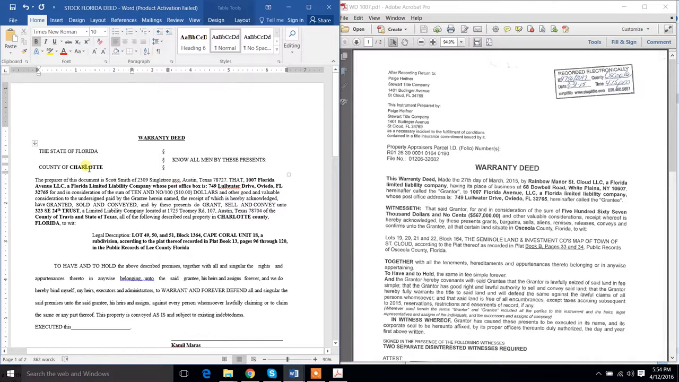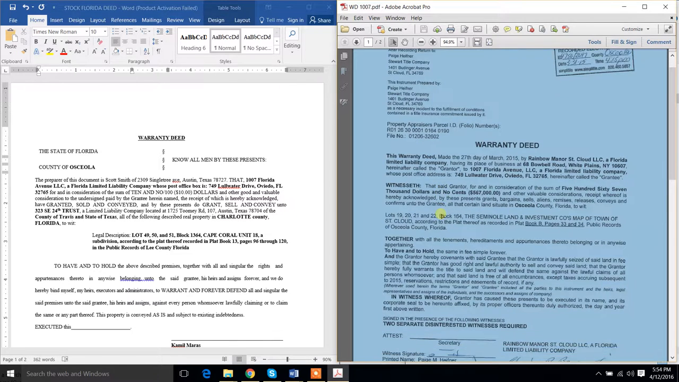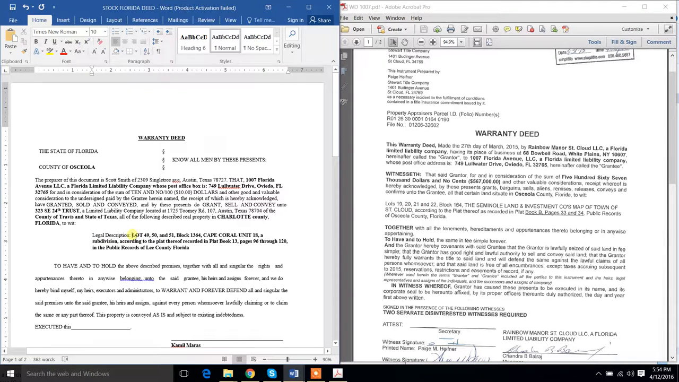So we can come back over here and we can say change this to Osceola. And we're also in the state of Florida here. So if this was in Texas or North Carolina or some other state, that would actually have to change. But let's go ahead and then we can look back here. We look at this lot. This is called the lot and block in the industry. And that's actually where we find our legal description. So we'll go ahead and put this in all caps and keep it in